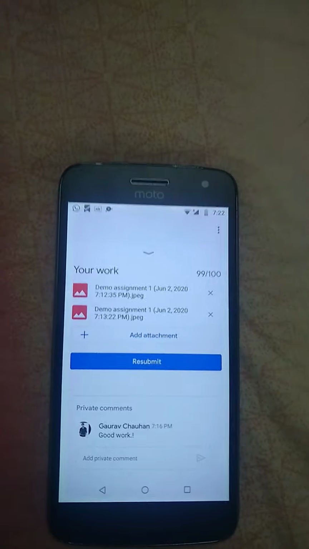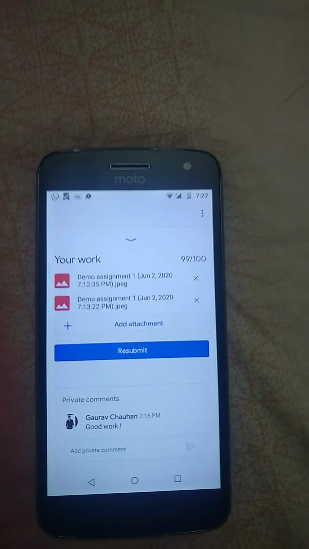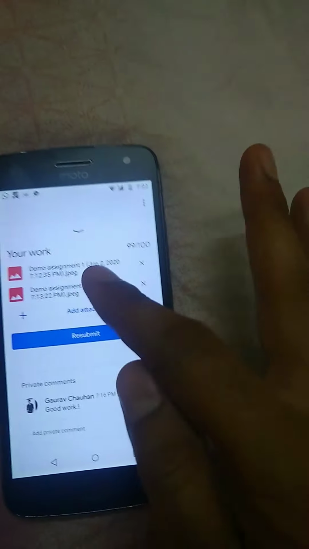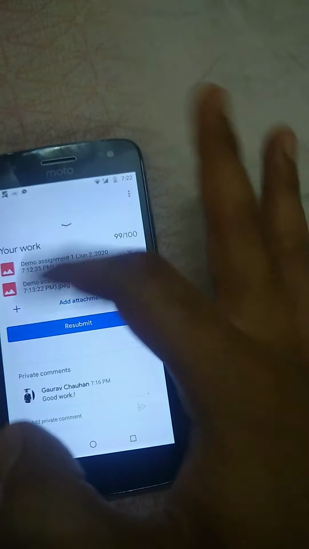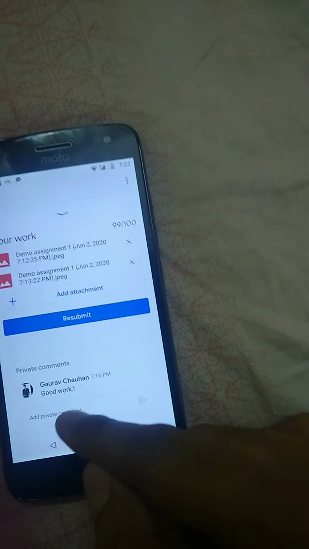I want you to go through each and every page of every single assignment you send me. Okay, and then there is no need to click anything else here. Any particular comment you have, anything you want to tell me, just add a private comment here on this, or you just send a WhatsApp message to me.